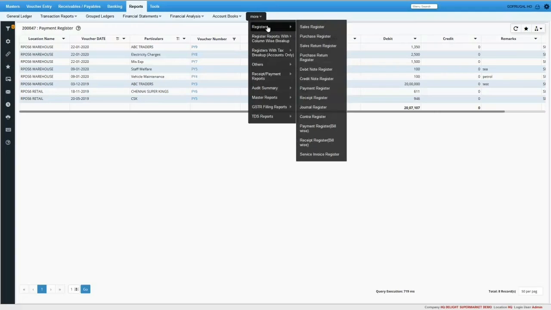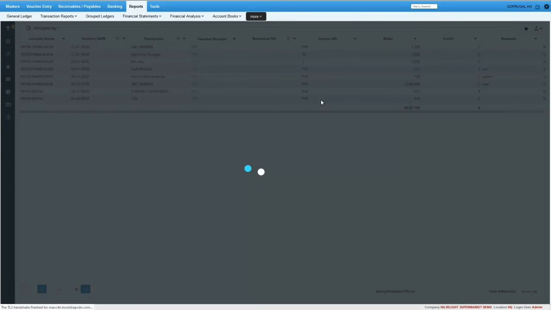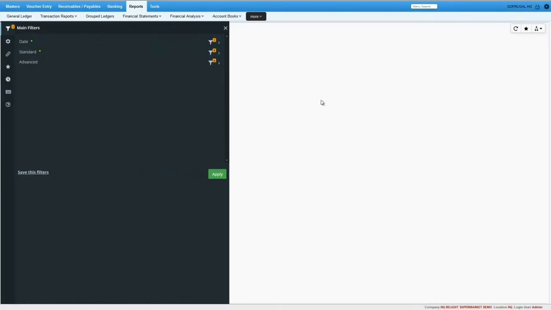So like this you can verify other reports also: receipt register report, journal register, counter register. In the same way you can verify other reports too.